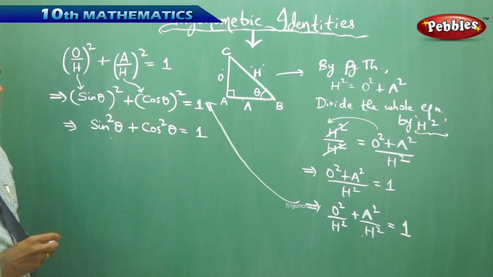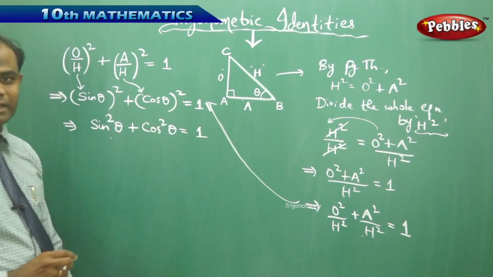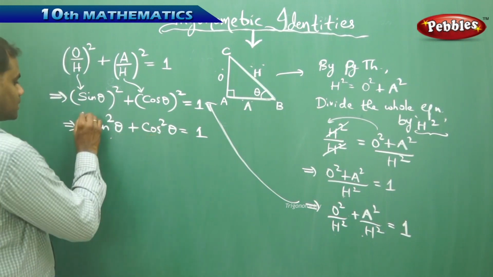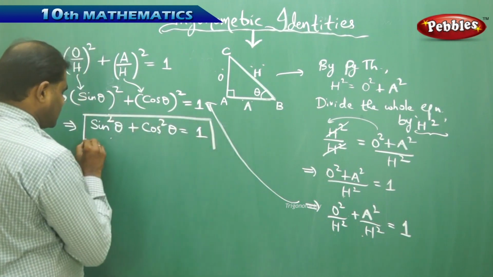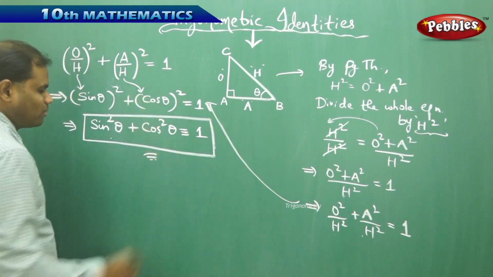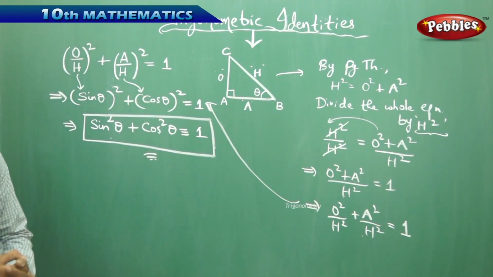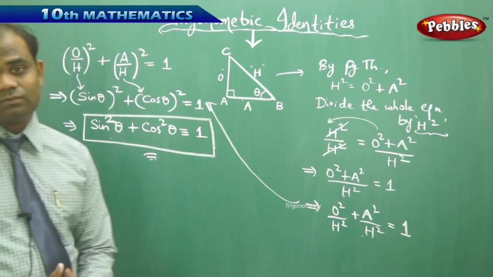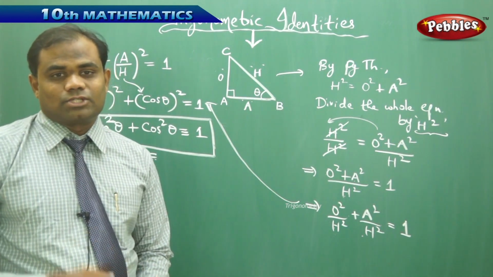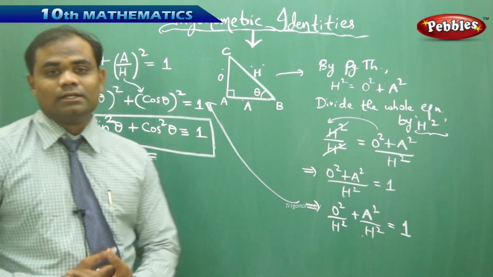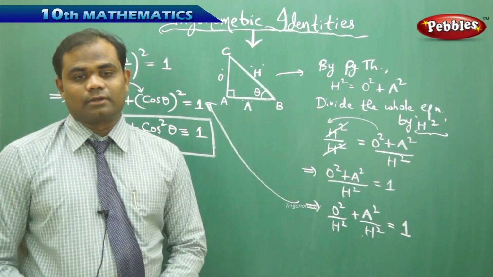It comes after this, where sine square theta is assumed as sine theta times sine theta, cos square theta is assumed as cos theta times cos theta, and then this is the trigonometric identity which is identified in case of the trigonometric ratios sine and cos. So the first identity we have identified is sine square theta plus cos square theta is always equal to 1. When I square the sine, I square the cos and add them, I get 1, of course for the same angle theta. This is the first trigonometric identity.